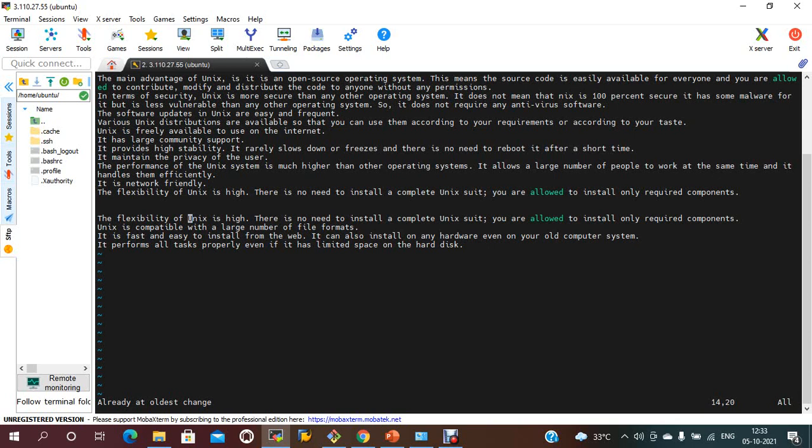To summarize the Vi editor: it is a popular and commonly used editor, usually available in all Linux distributions. We can work in two modes: insert mode and command mode. The command mode takes user inputs, and insert mode is used to edit the text.